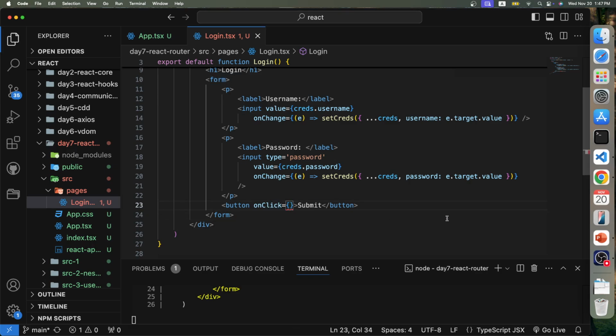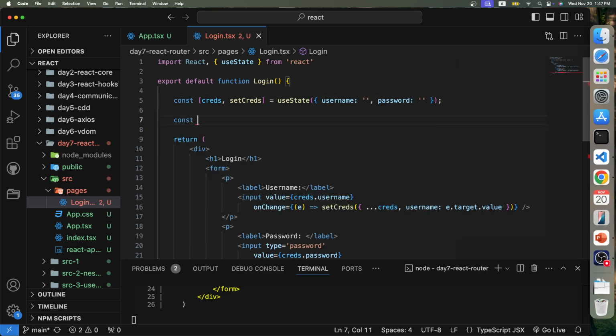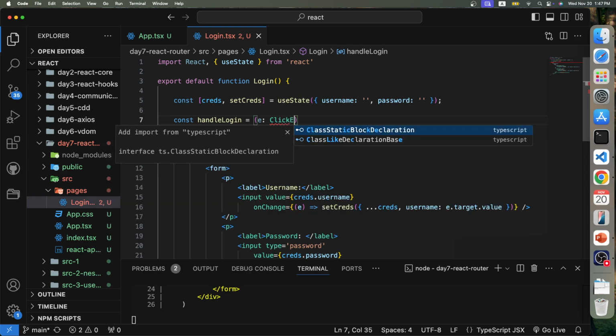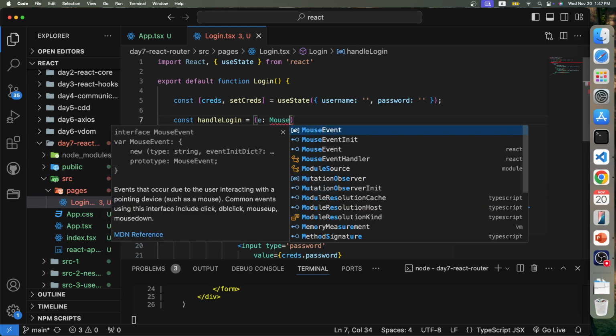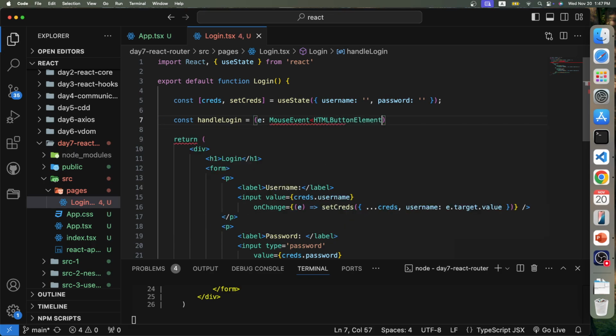Okay, so here is handleLogin. Then I'm going to create a function called handleLogin. Const handleLogin, and here we will have e. This e is a click event, mouse event, and which is HTML button element. Okay,